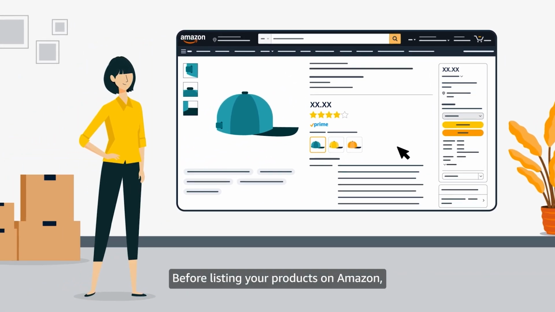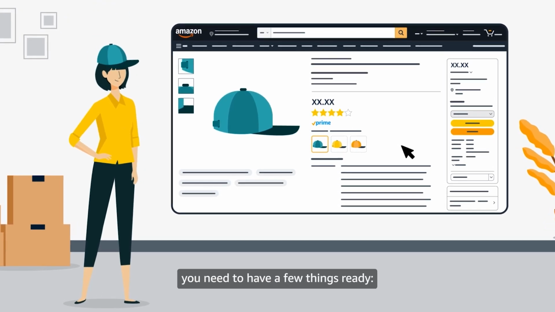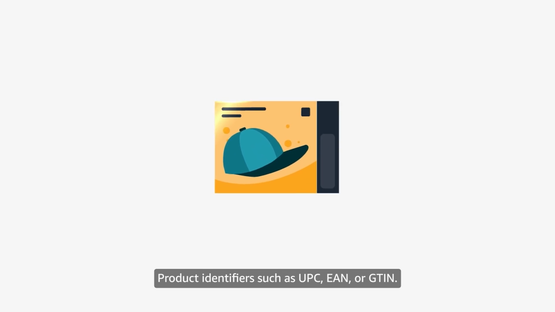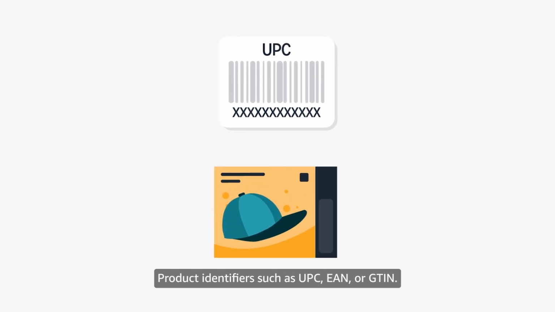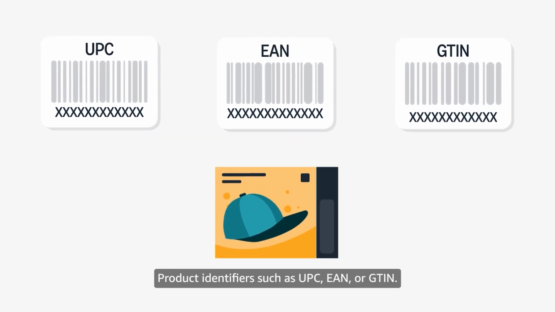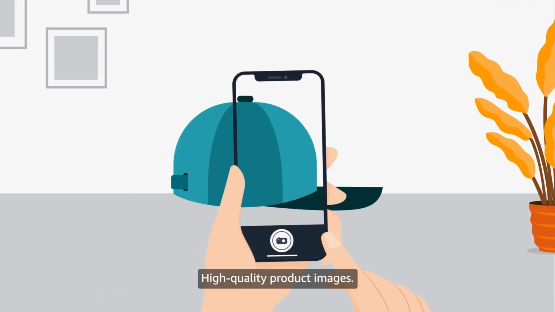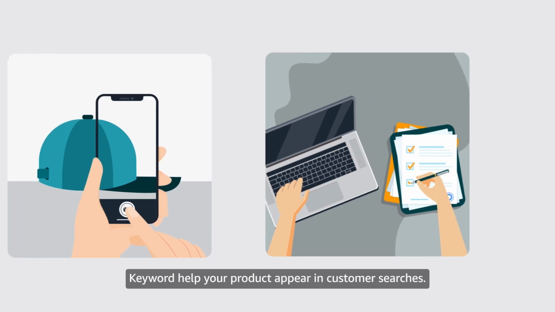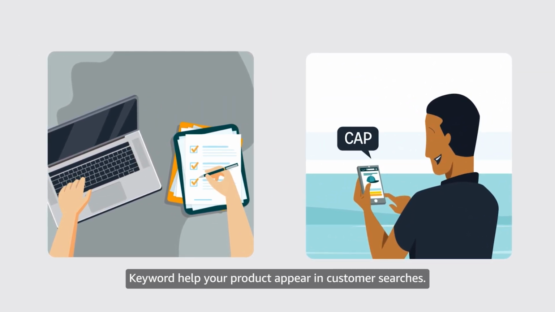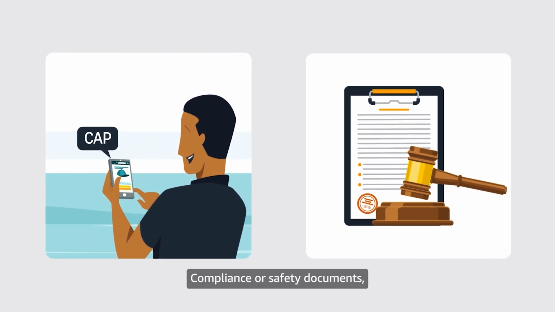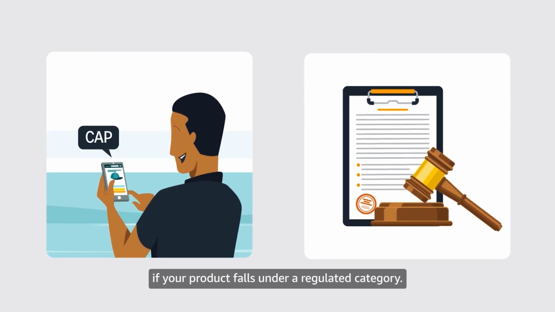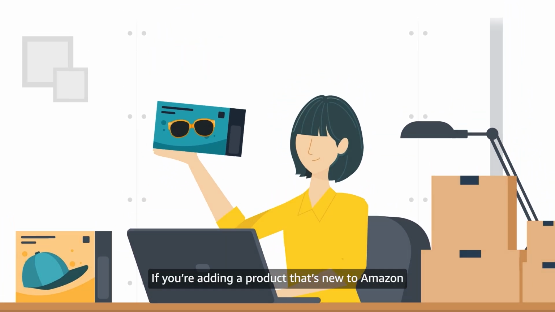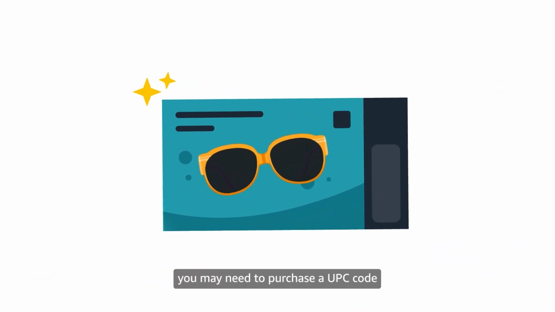Before listing your products on Amazon, you need to have a few things ready. An Amazon Seller Central account, product identifiers such as UPC, EAN, or GTIN, high-quality product images, a detailed description and bullet points, keywords to help your product appear in customer searches, compliance or safety documents if your product falls under a regulated category. If you're adding a product that's new to Amazon and doesn't have a barcode, you may need to